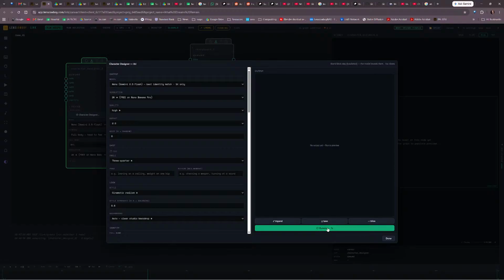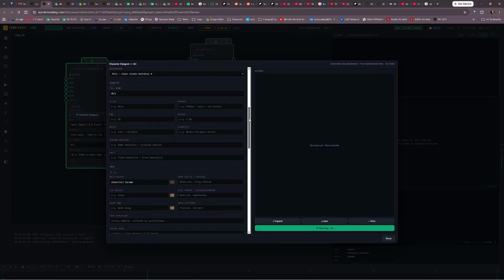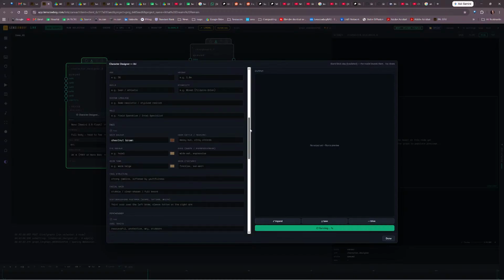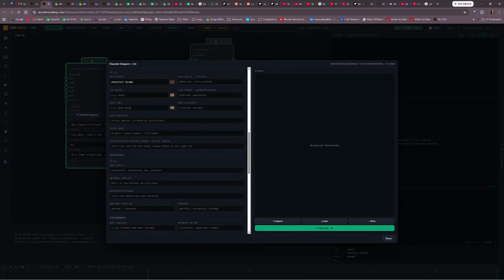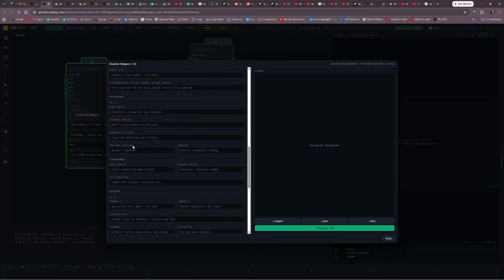So, I mean, it's quite random. I haven't specified much, but you could go in and specify hair color. What have we got here? Design language, the role. You've got skin tone, facial hair, distinguishing features, core traits, behavior patterns, emotional baseline, body language. What's interesting to know